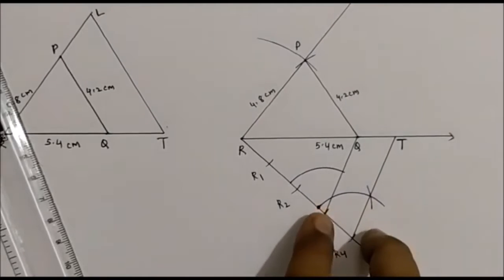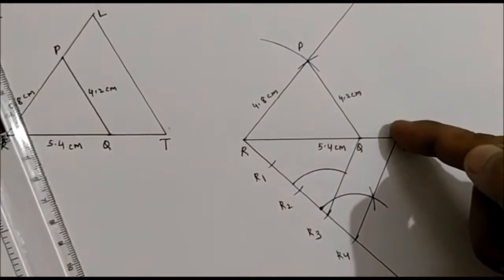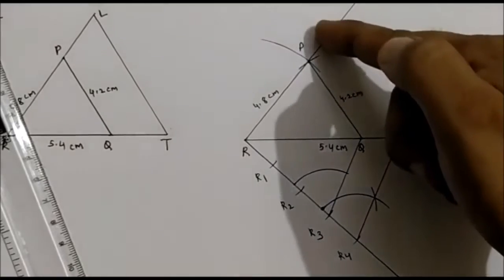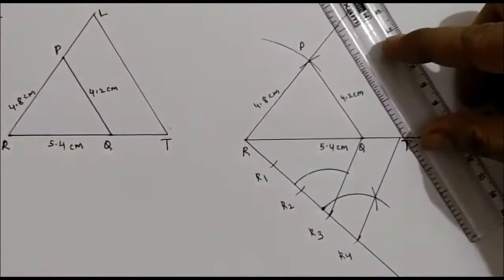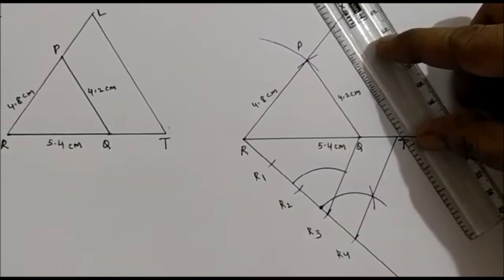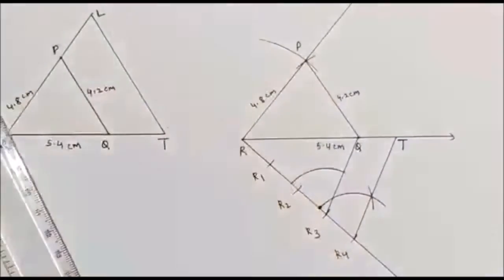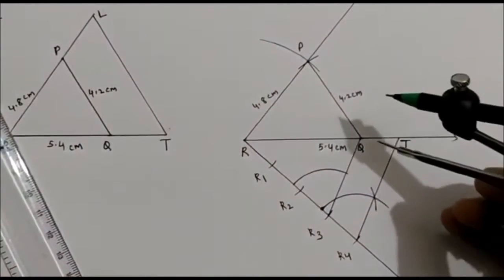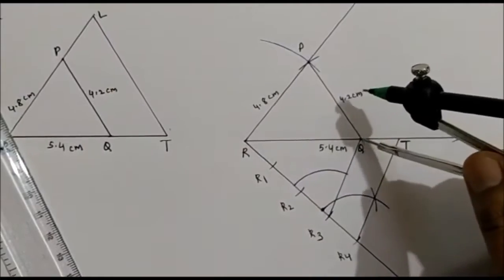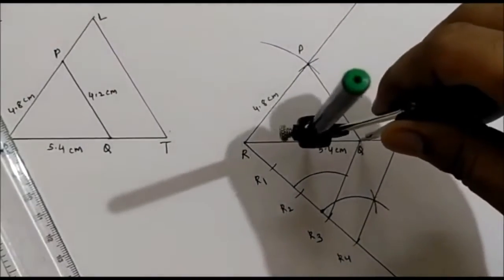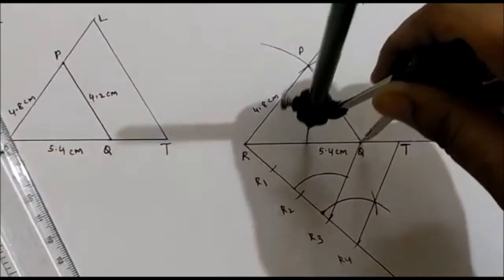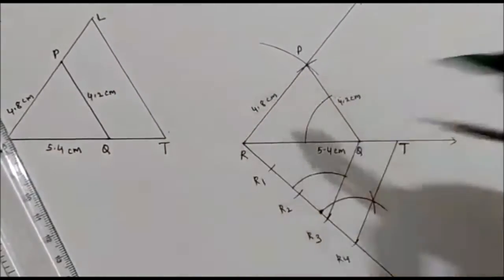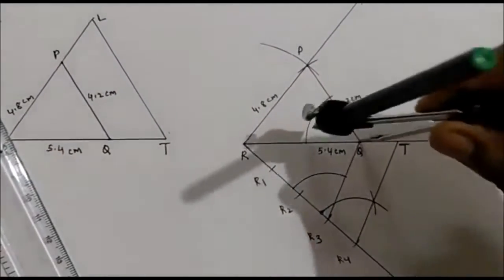Now how we drew a parallel line here, in the same way from this point T also we have to draw a parallel line here. You can even draw with the set square also, or we can follow the same steps. See how we do it. Keep the compass on point Q now, and you cut an arc. See, this way you cut an arc from this point Q.